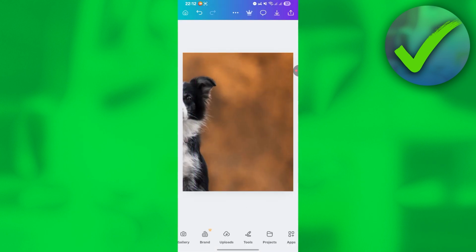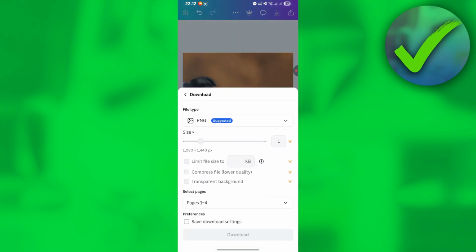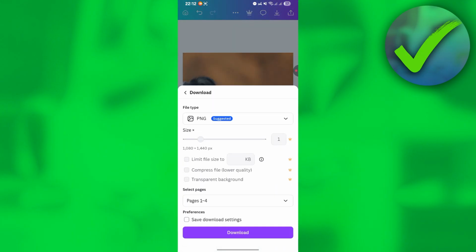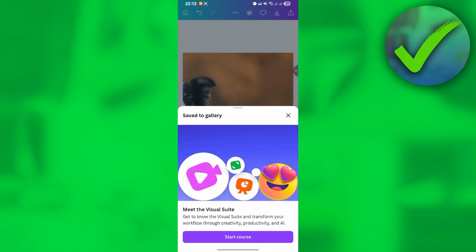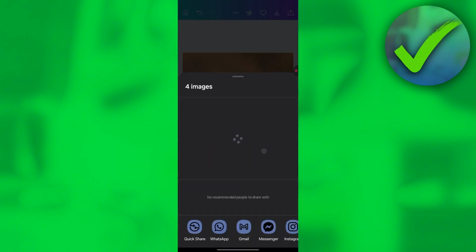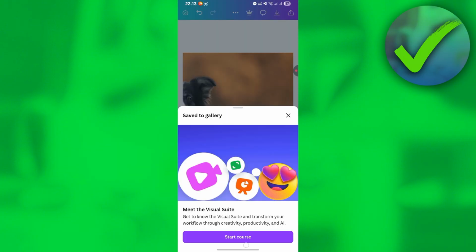And then after that, once you're now done with this, just click this export button right here and then click on download. After that, choose the file type that you want. So I would just click download button right here and then let's wait for it to finish. Once it is saved into our gallery, what we're going to do next is to go into our Instagram